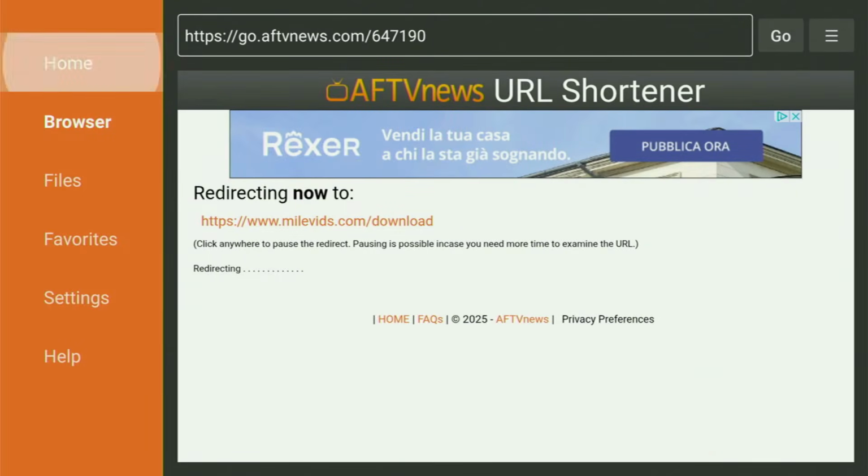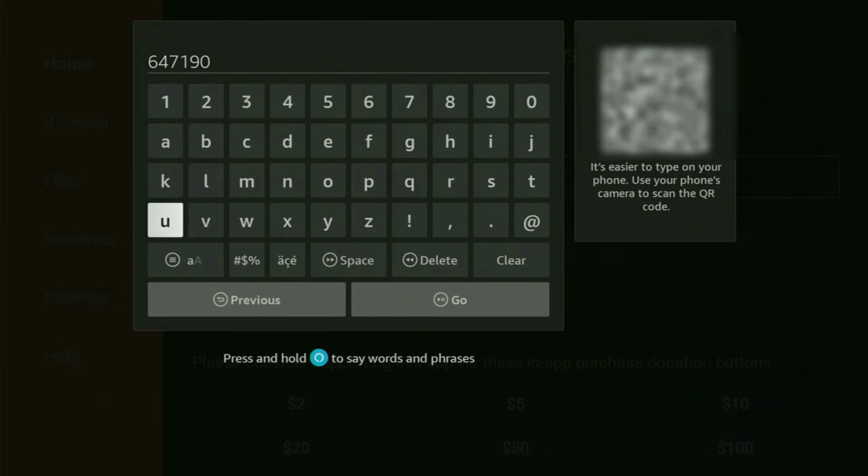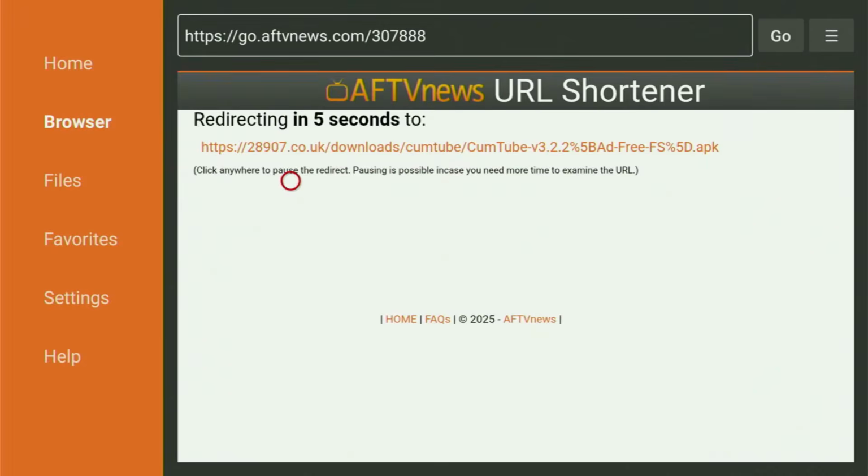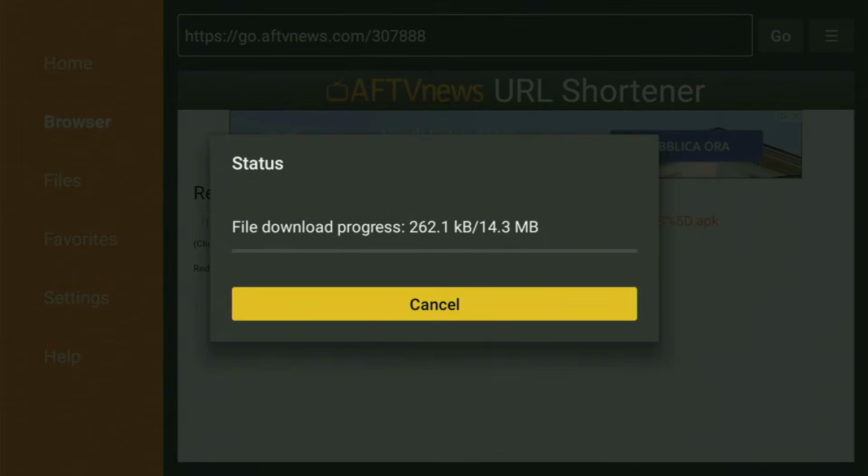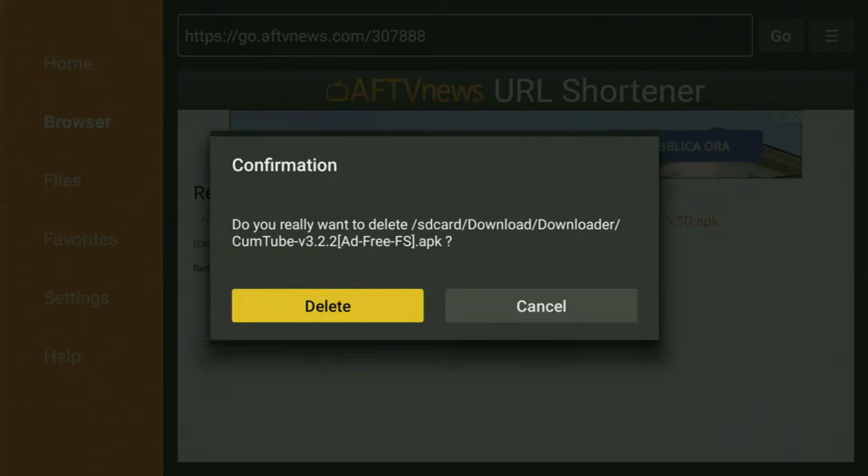And there's actually one more code, which I also have for you today, which will be 307888. So 307888. That's the code for the third application. Let's also download it to your Firestick now. So as you can see, the download of the third app also started. Then you install it, just like with the first 2 applications, and then click done to delete the unnecessary files